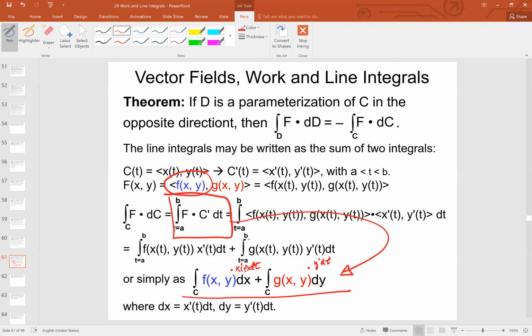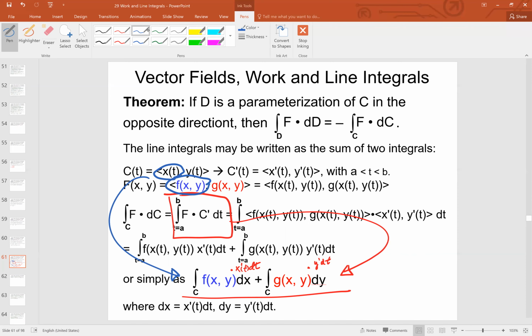But we write it this way: the f components, the i components, line integral with respect to the x components of the parameterization. Oops, I should have used the blue one for the others. The x components of the vector field, line integral over the x component of the parameterization, as one